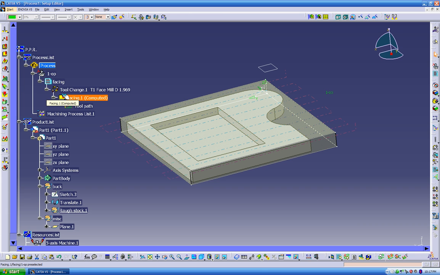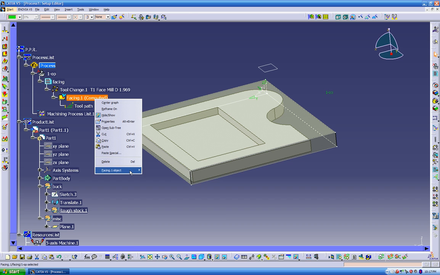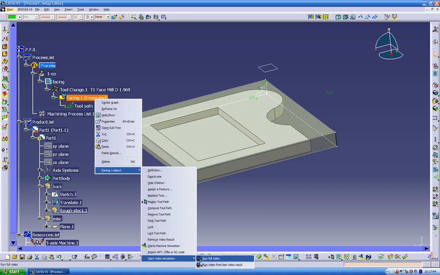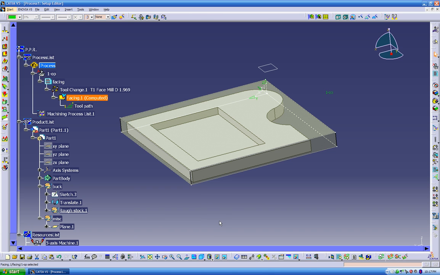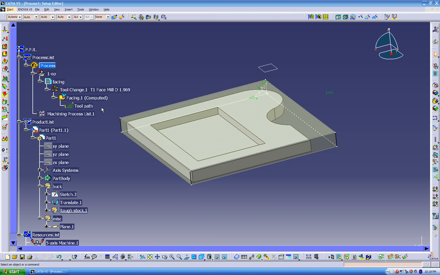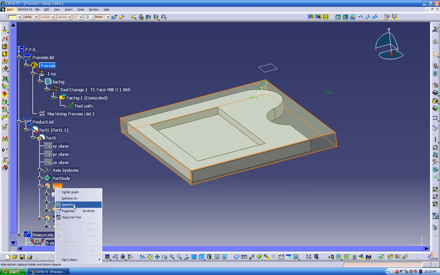We can see the blue mark in here. We can run it from the last video result. Now we're gonna be able to use this option over here, so I don't have to run the full video all the time. I'm gonna try one more time the first operation we tried earlier, the pocketing, and I'm gonna make a quick pocket inside this cavity. Let's turn off our box design,